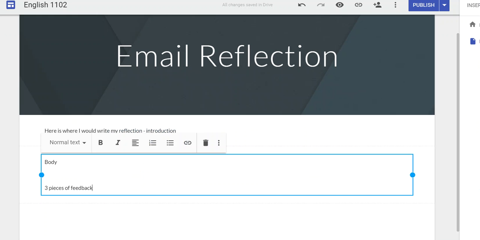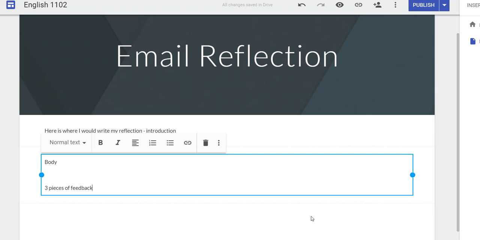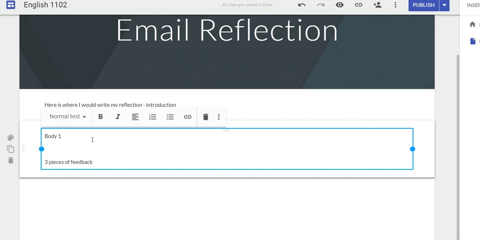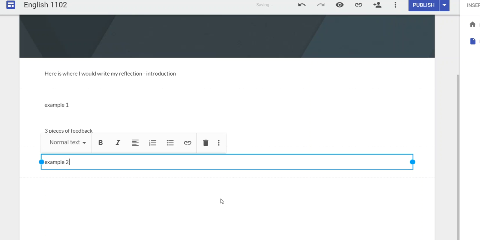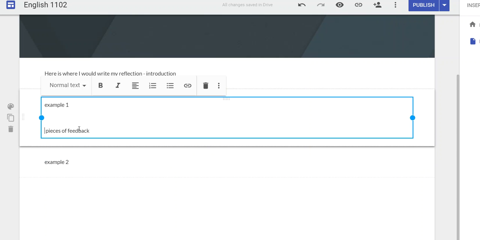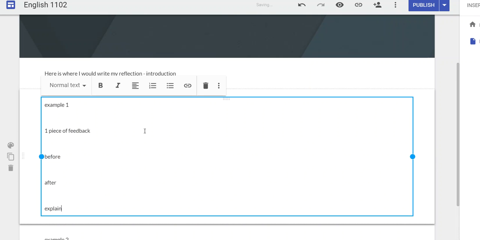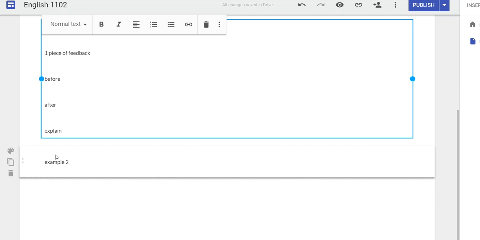So I might do 1, and then I would load it in here and talk about what changes I made based on the feedback to make that piece of the email or the document stronger, to make it make more sense. And I would simply do that 3 different times, even if you wanted to build sort of like this would be body 1, or we could even call it example 1, and then repeat the same thing, example 2. So this would be my next piece of feedback. So this would be 1 piece of feedback, and then a before and after, and then obviously I'd want to explain why the after is better than the before, and really just repeat this 2 more times for another example, and then